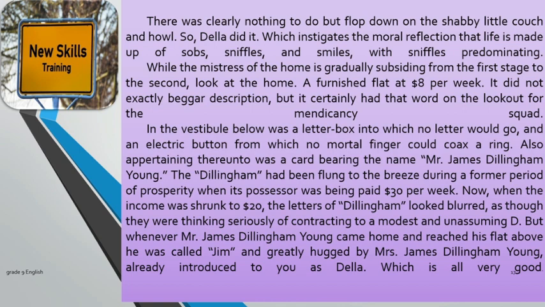Well, for this slide, I am going to give you the definition of the word couch. A couch is a place to lay down or sleep or rest. And each and every one of us has a couch in our home. Next important word is vestibule. What is this vestibule all about? A vestibule is a passage, a hall, or room between the outer door and the interior of the building. So after reading this, you already know the meaning of the words couch and vestibule.